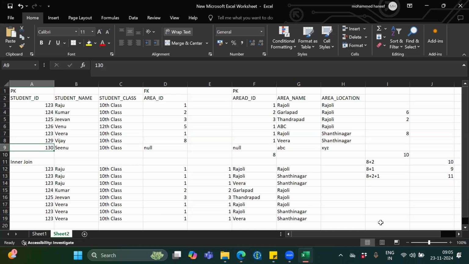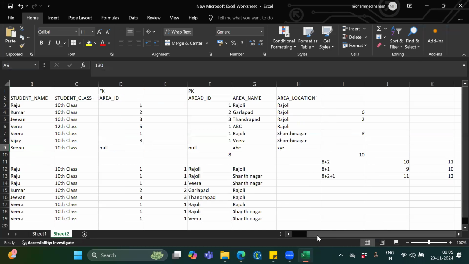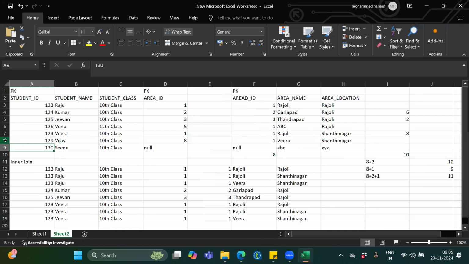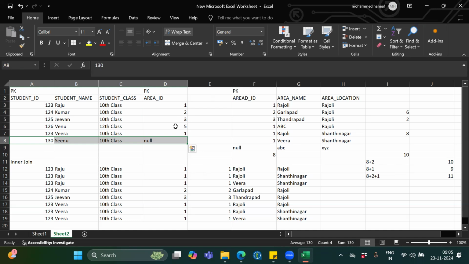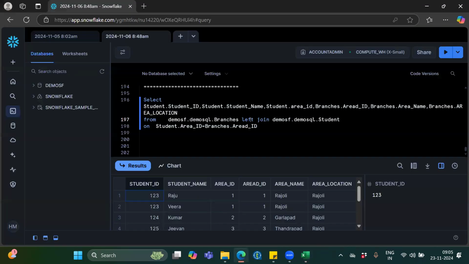So now I will remove this one. I don't want to keep this actually. Otherwise, I will get a wrong result. Now here, 8 plus 2, because 5 and null. 8 plus 2. And now if I perform right outer,